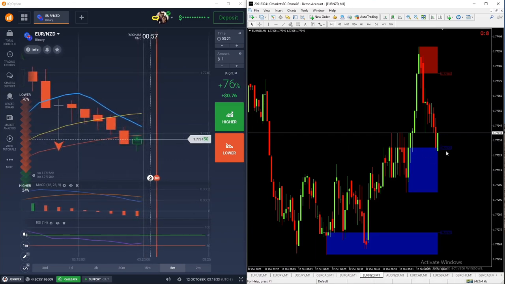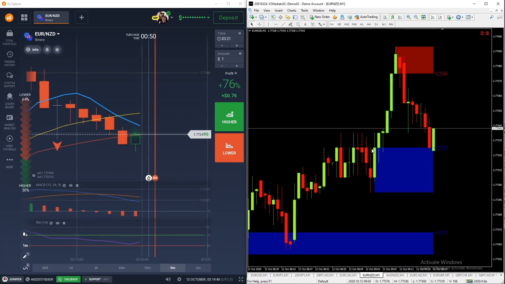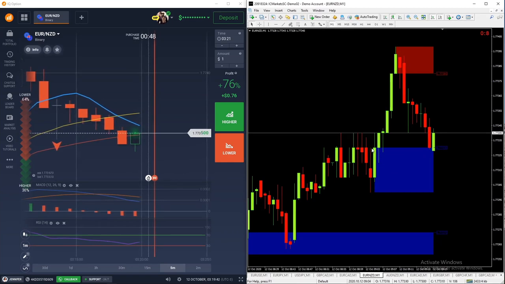But now we need it at the blue zone. Has the condition been met? Yes, perfectly. The conditions have been met, as you can see right here. Now what we need, the second thing that I did say, is we need the market to be reversing,